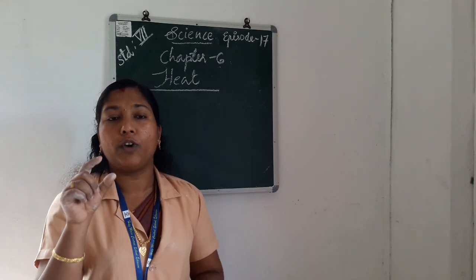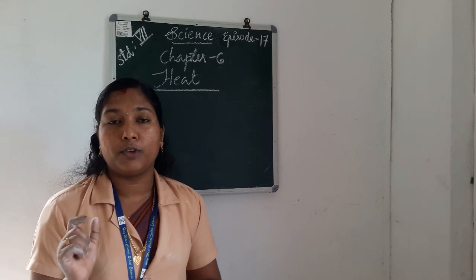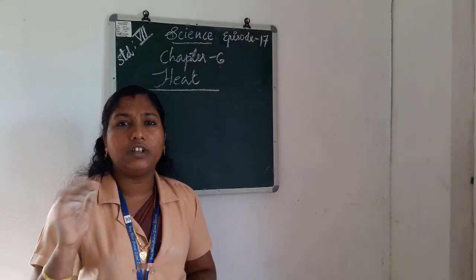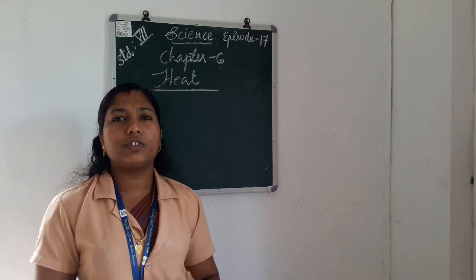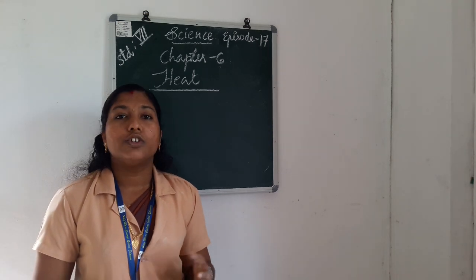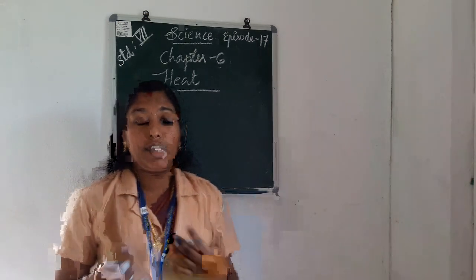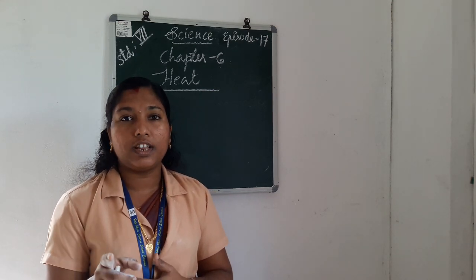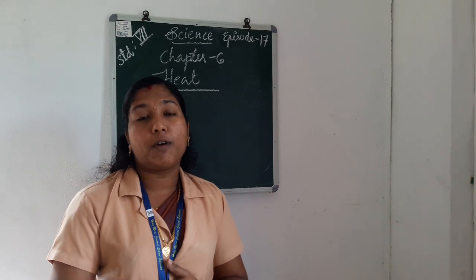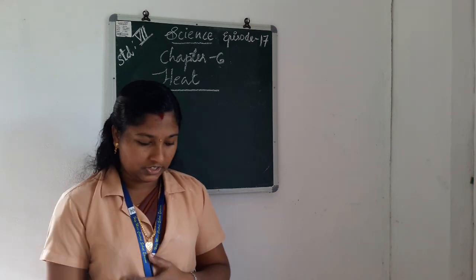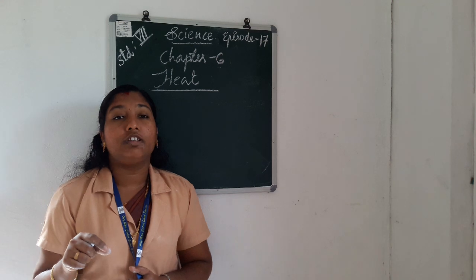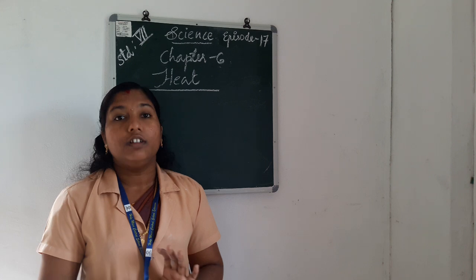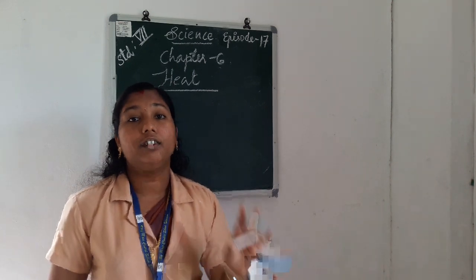If we measure the body temperature of a human being, first we should notice that the mercury level is below 35 degrees Celsius. Before taking a person's body temperature, we should check that the reading of the clinical thermometer is below 35 degrees Celsius. Then the clinical thermometer should be handled carefully.